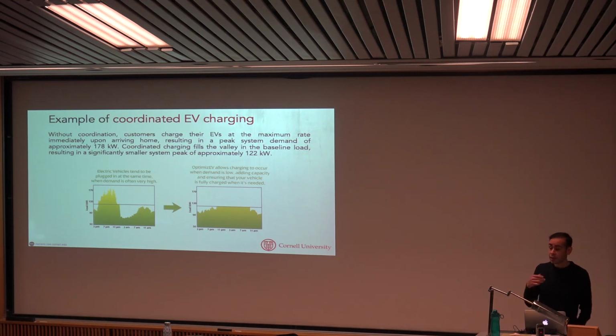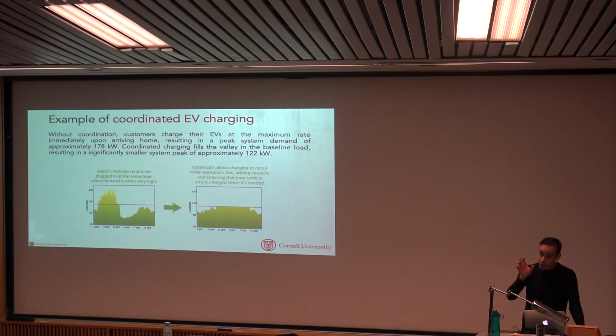For example, you could think of time of use pricing. Maybe that will avoid the peak load, but time of use pricing basically just shifts the peak load, right? So if people know that prices will be cheaper later, they'll just start charging later, not at 6 p.m. when they arrive home. They'll start charging at 2 a.m. when the electricity is cheap. But then everybody does that, and then you're just shifting the peak.